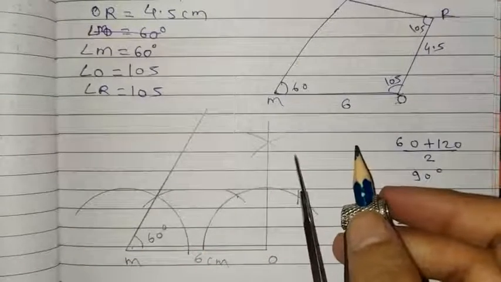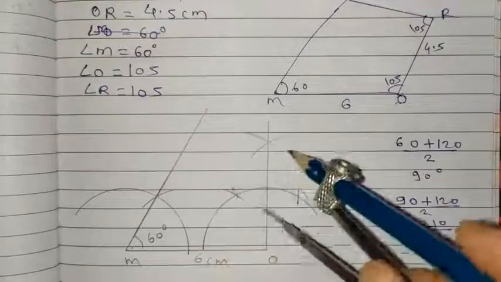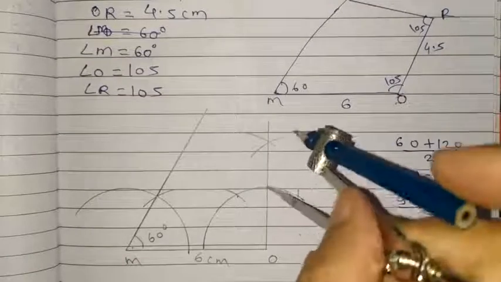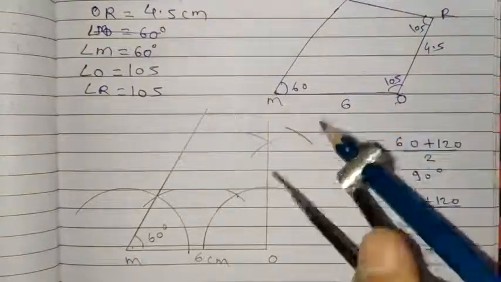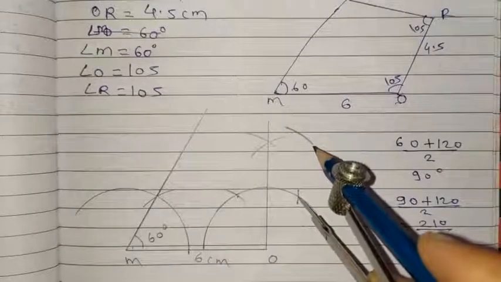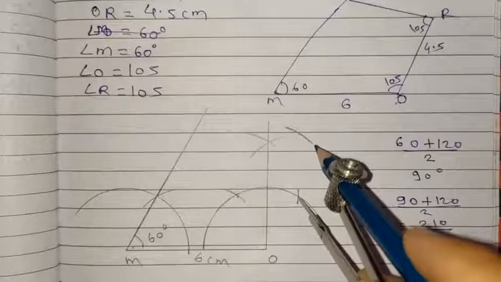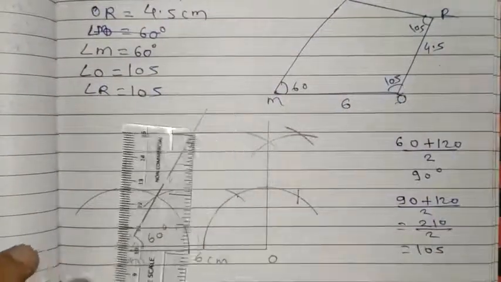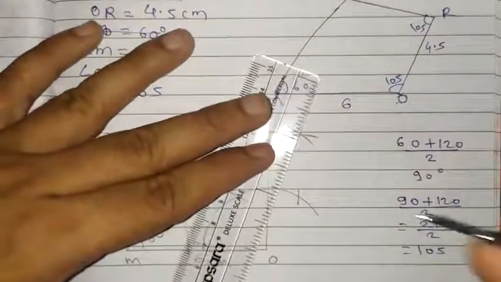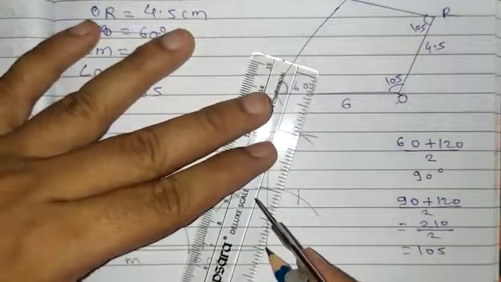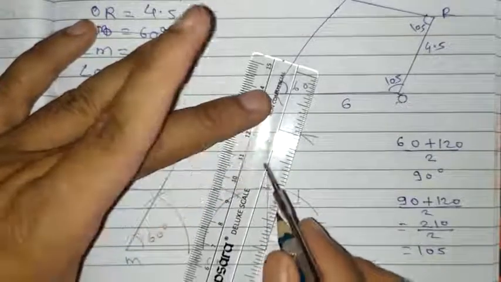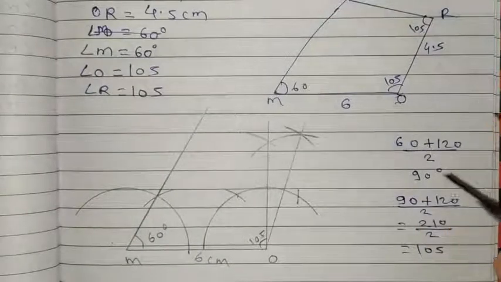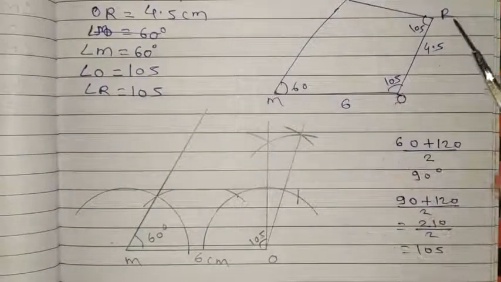So what happened, we want the middle. Here we can see the middle point of intersection. So here by using the compass, take the pointer on the 90 degree point and make the arc. Now the next arc is there. So you keep the pointer carefully with the same distance of the compass and make the arc. So that is exactly 105 degree. By using the scale, make the line. So this is 105.